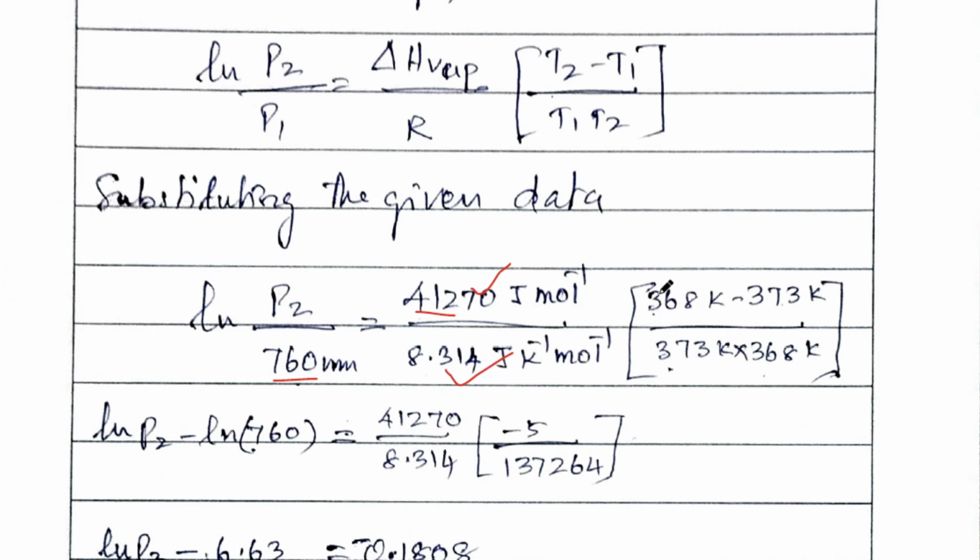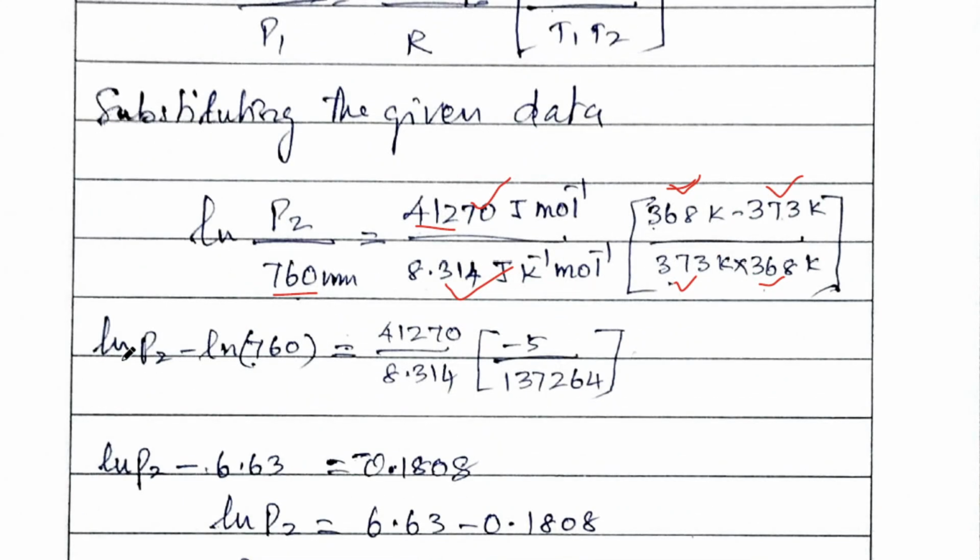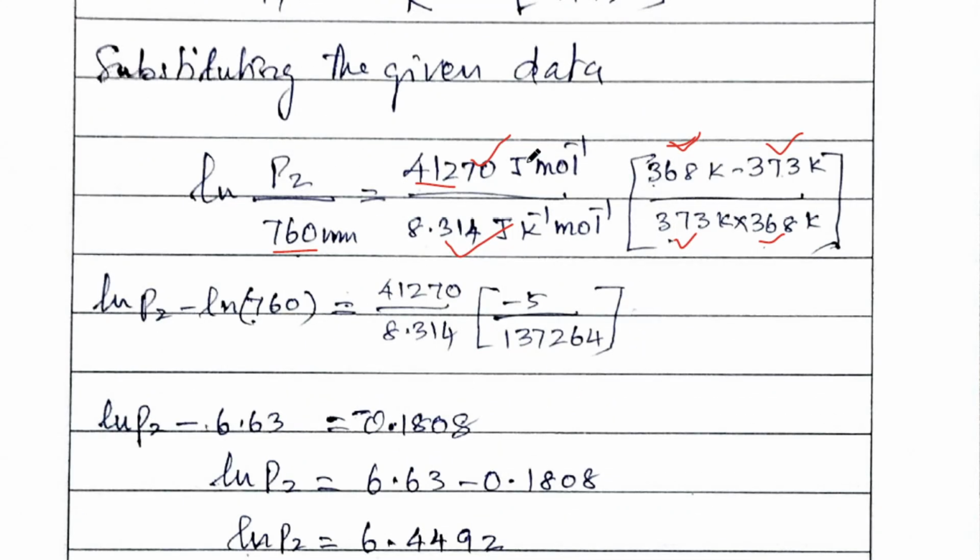T2 is 368, T1 is 373, and T1 multiplied by T2. If you solve this equation, we get